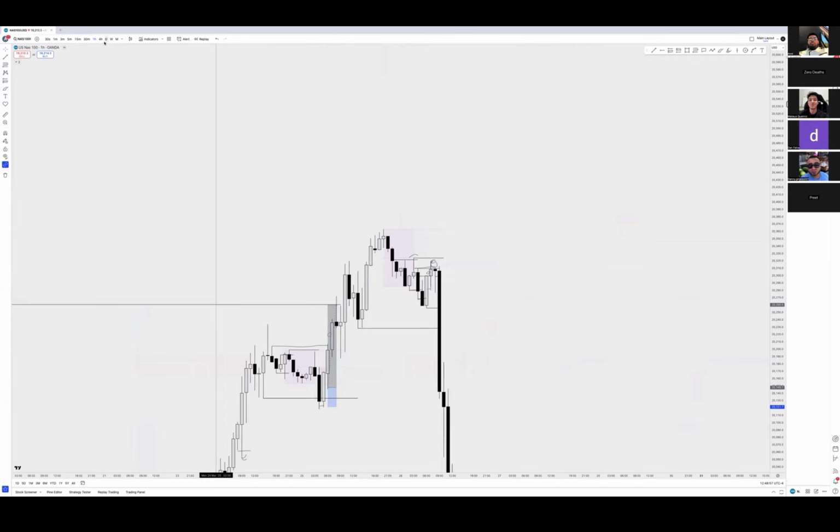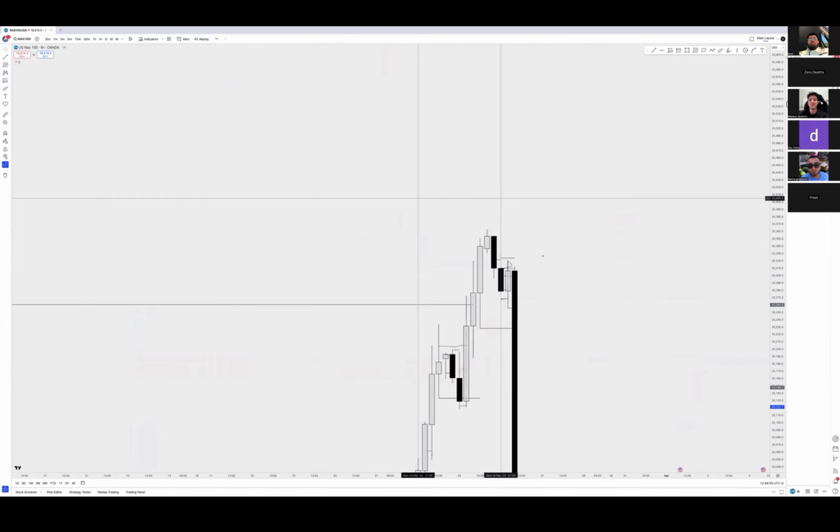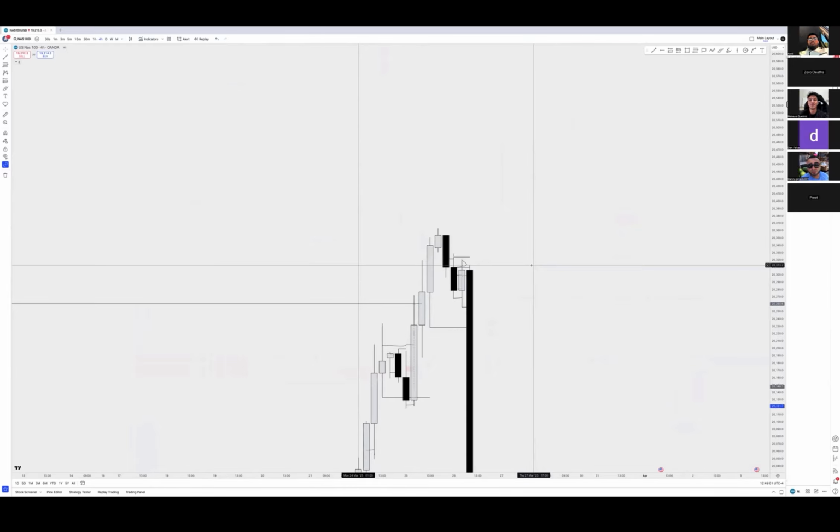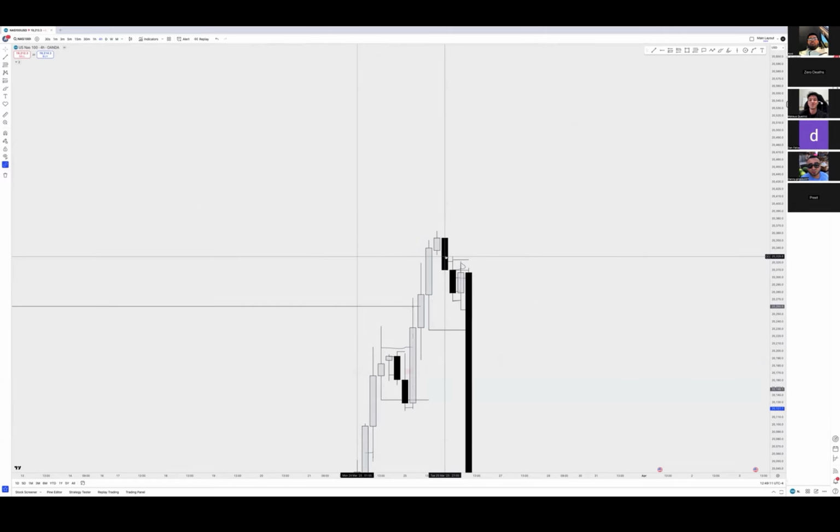I mean, let me see the 4 hour, because I like to see the 4 hour high getting taken out. That's one of the things I like looking for. So even if it took out this 4 hour high right here, this one or any of these, you got this little imbalance above as well. If it takes out the 4 hour high, that's something I really like, or I would really like to take.